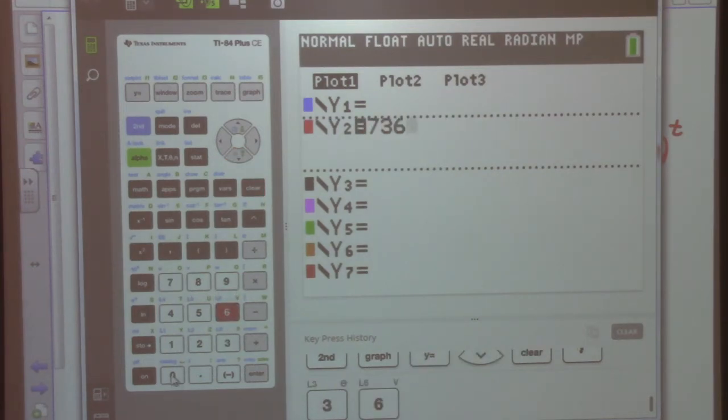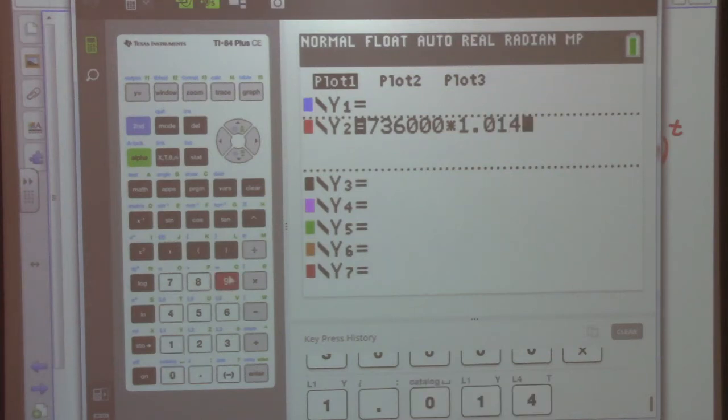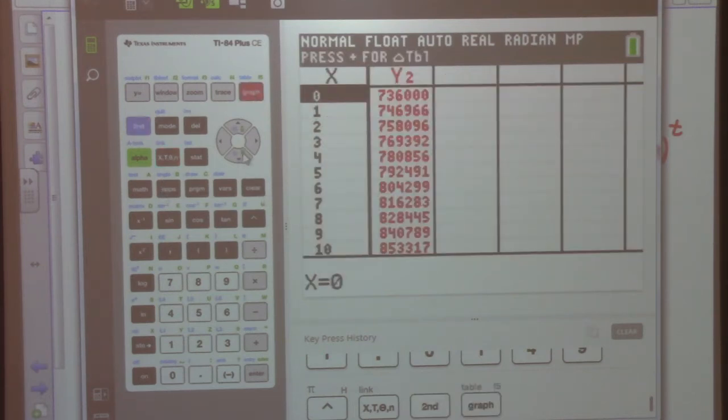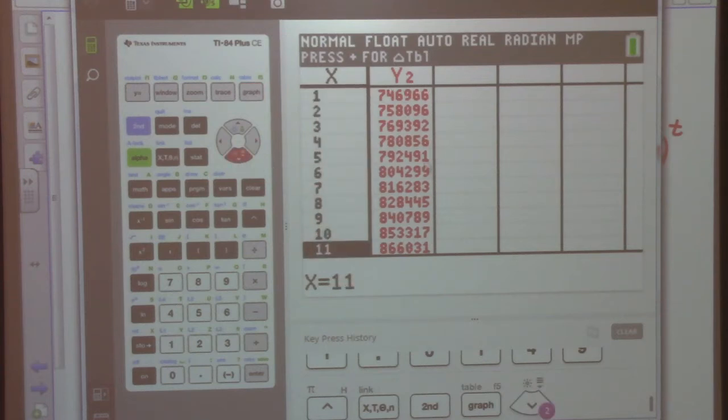So we go to calculator, we put in 736,000 times 1.0149 to the power of x. And then we can check our table, and what number are we looking for on the right? 1 million. And so we see that we're getting close. By year 21, now, with the rounding it doesn't give us exactly there, but by 21, we'll say